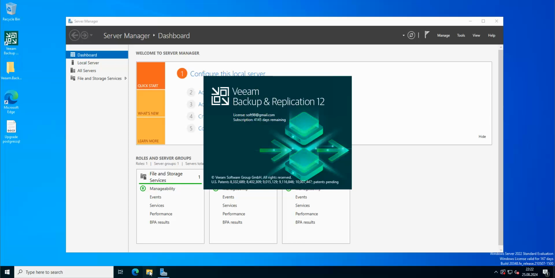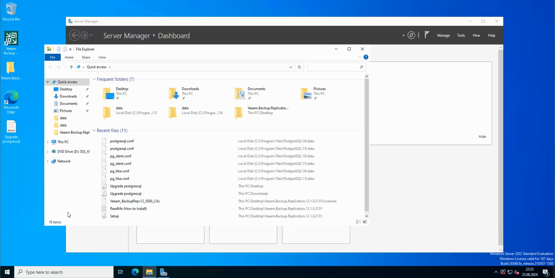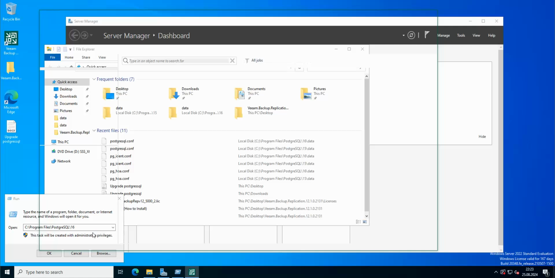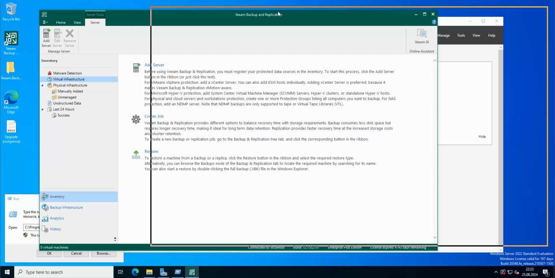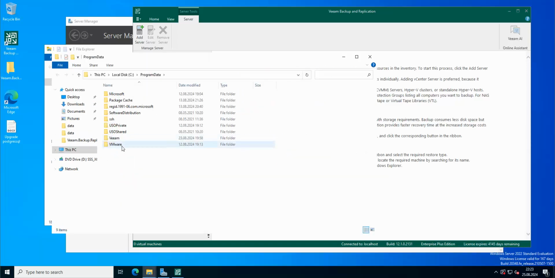While this is starting, we should go to program data. Okay, so Veeam has started, and let's check here. I'm going to go to program data, Veeam,